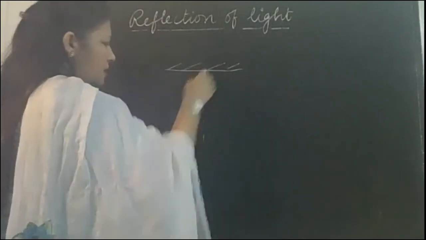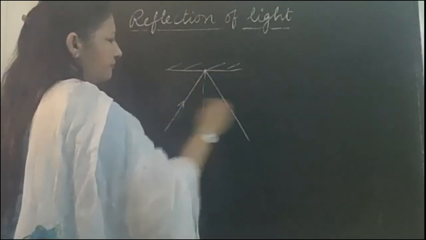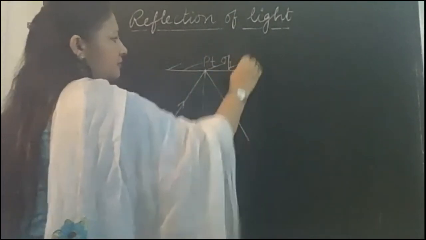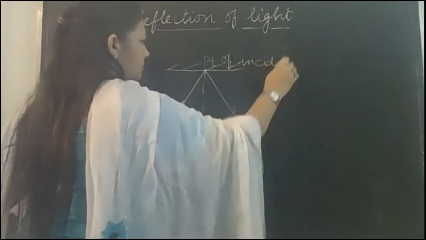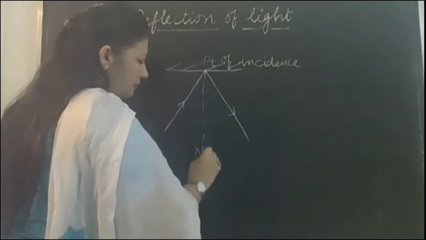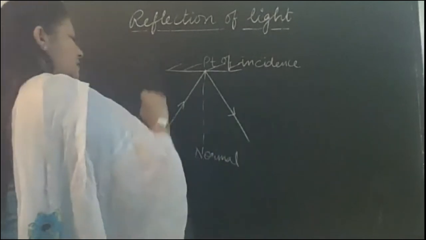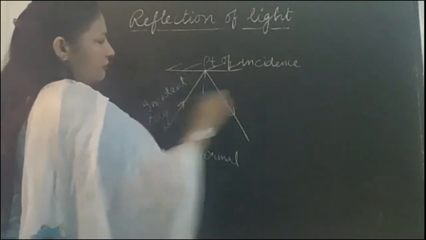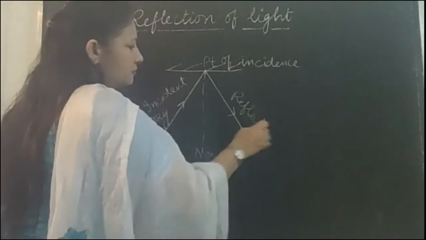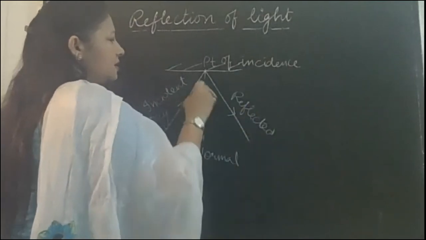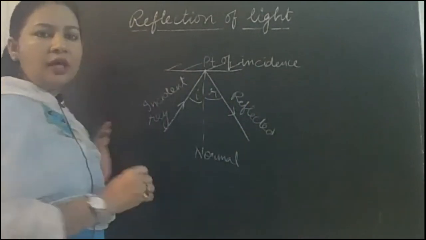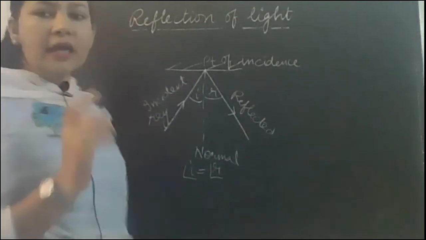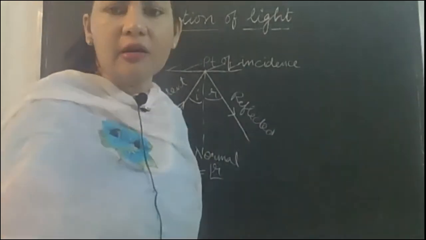Okay, this is the normal, this is the incident ray, the reflected ray, right? And this is the point of incidence. Normal, incident ray, reflected ray, angle of incidence, angle of reflection. Okay, and we also studied according to the laws of reflection, angle of incidence must be equal to angle of